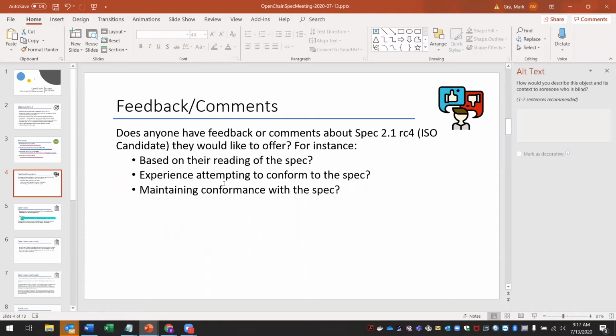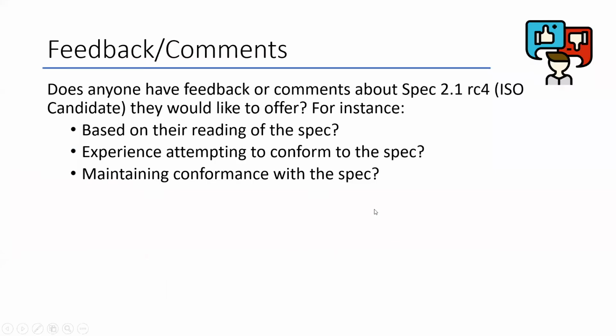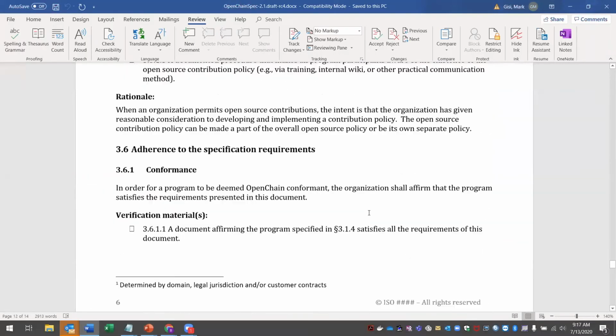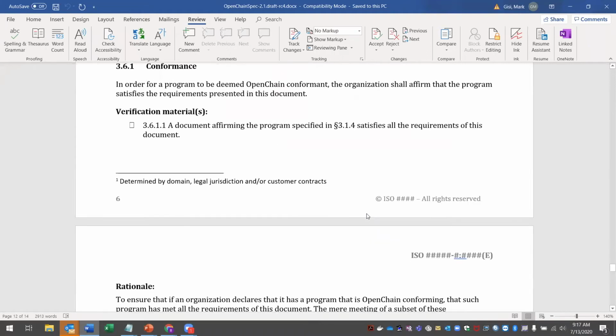Okay, so let me go back. I was going to jump into some issues that we have on the issue list, and we'll get there. But I do want to touch on the ones that were just brought up now because they're fresh. So coming back to Sammy's initial point, we can start there. This is a requirement that says we want you basically to sign off, right? That you've satisfied all the requirements of the program. And I guess, Sam, you're asking how that might be accomplished, like one way of implementing that. Is that your request here?